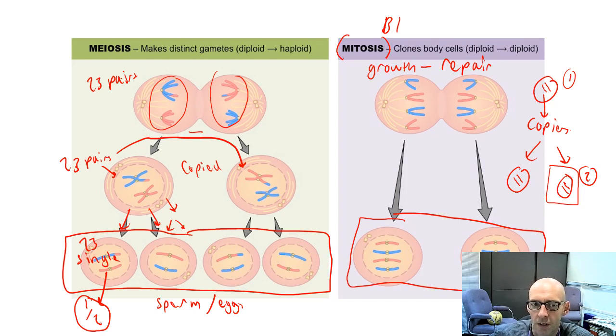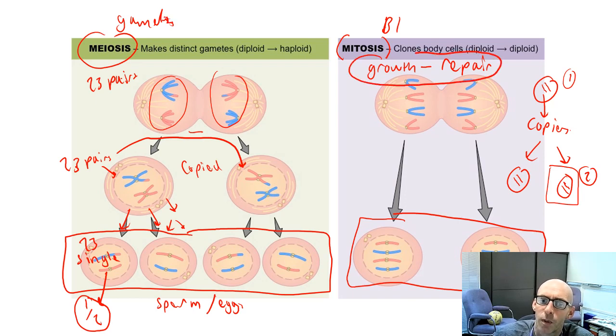You're quite often asked the difference between meiosis, used to make gametes, sex cells with half the information, or mitosis, used for growth and repair. You might be asked what the differences are between those, just as you might be asked what the difference is between asexual, with one parent copying, and sexual, with 2 parents and half the DNA.